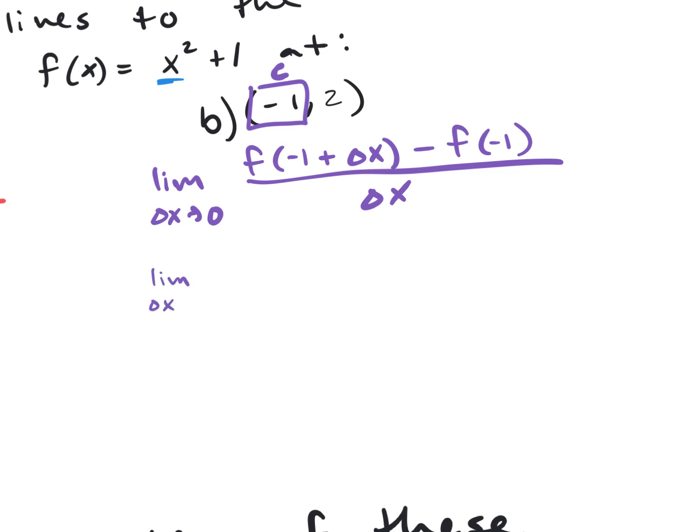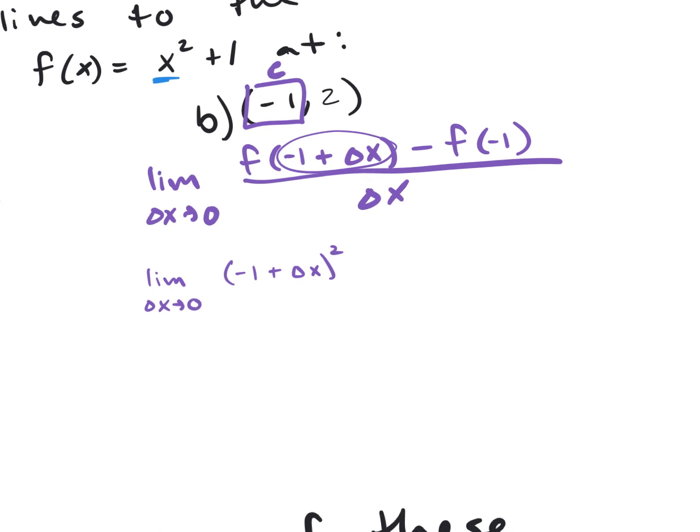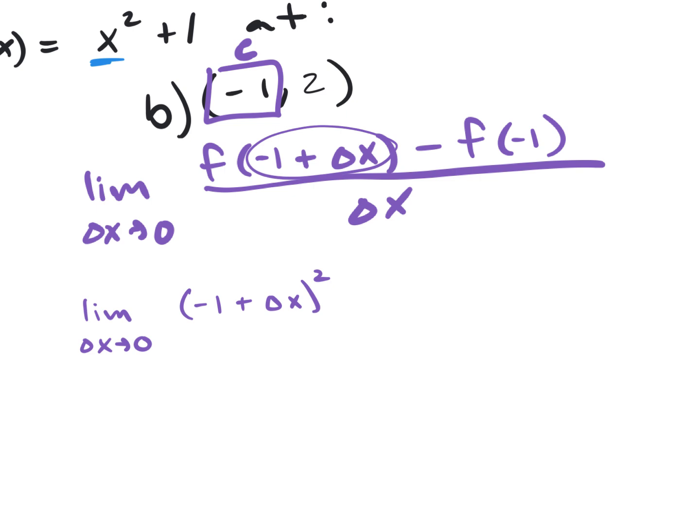So the limit as dx approaches 0 of f of -1 plus dx. So I'm going to take -1 plus dx and plug that into my x. So this would be -1 plus dx squared. What's a better way of writing -1 plus dx? A little bit cleaner, I would think. dx minus 1. I'm just going to write it a little bit nicer for us because it's going to be easier to work it out. So dx minus 1